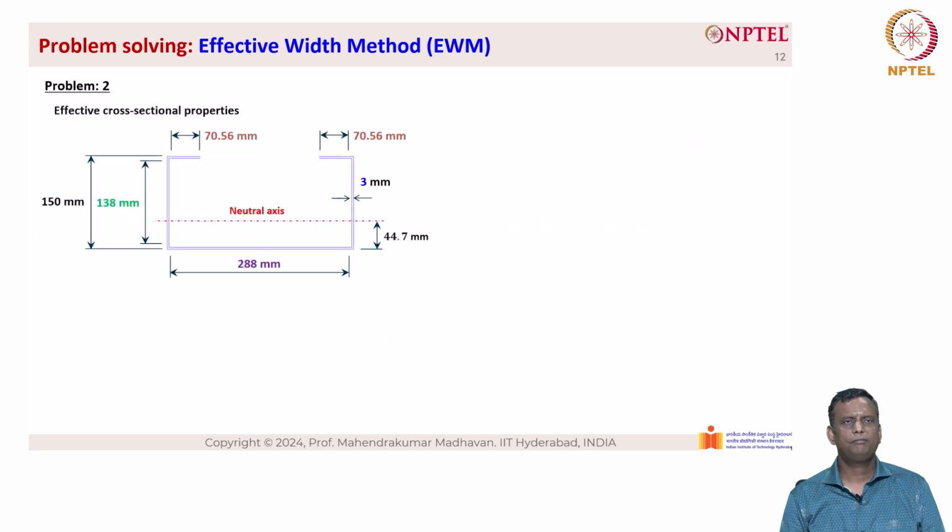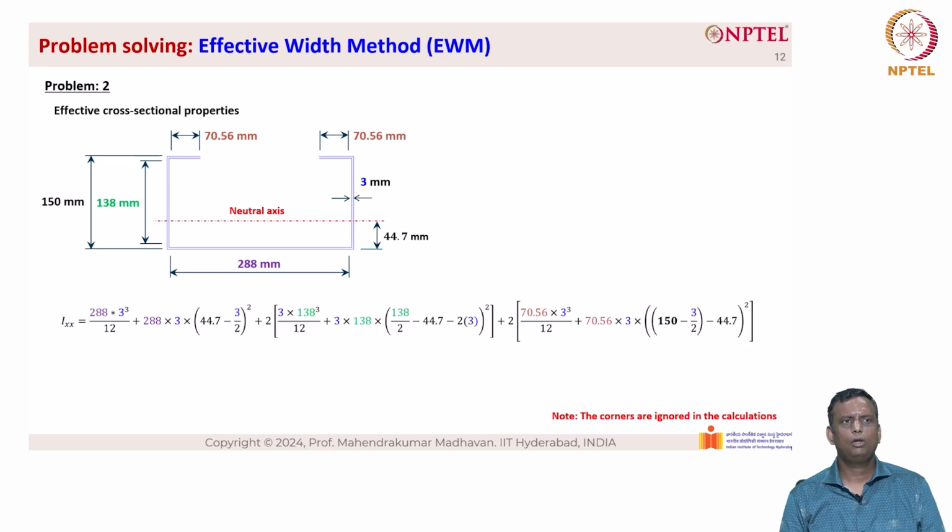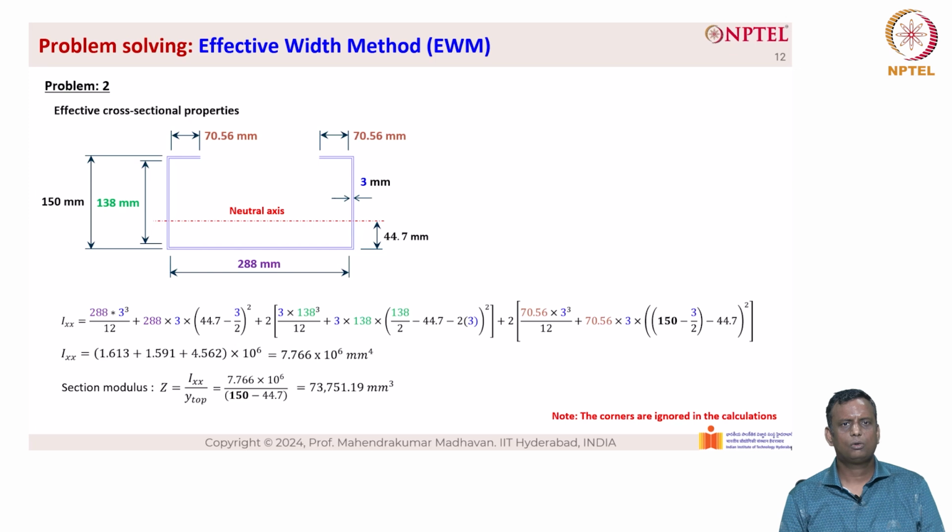Now let's calculate the effective cross-section properties. We need to calculate the value of Ixx for the entire cross-section. Here also we are ignoring the corner radius in the calculations, and we get an Ixx of 7.766 into 10 power 6 millimeter power 4. We know that the section modulus is given as Ixx divided by y top. Y top is 150 minus 44.7. So we have Z equal to